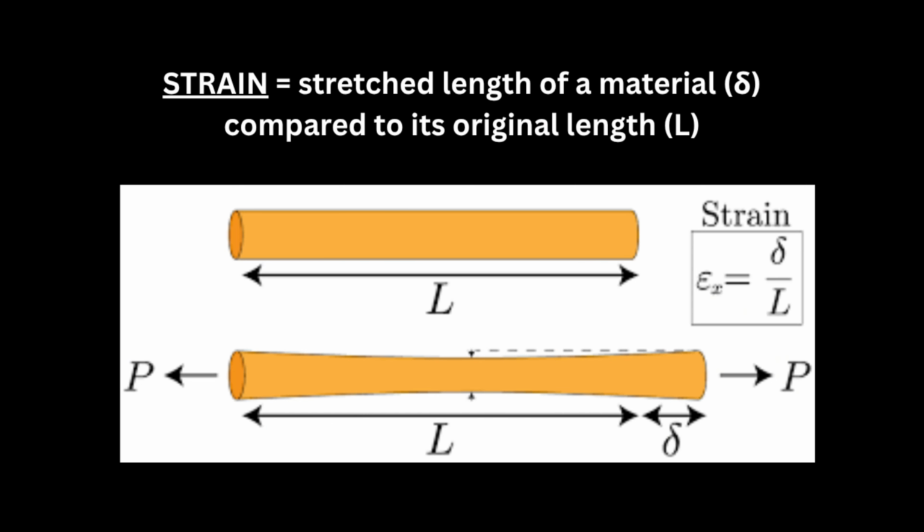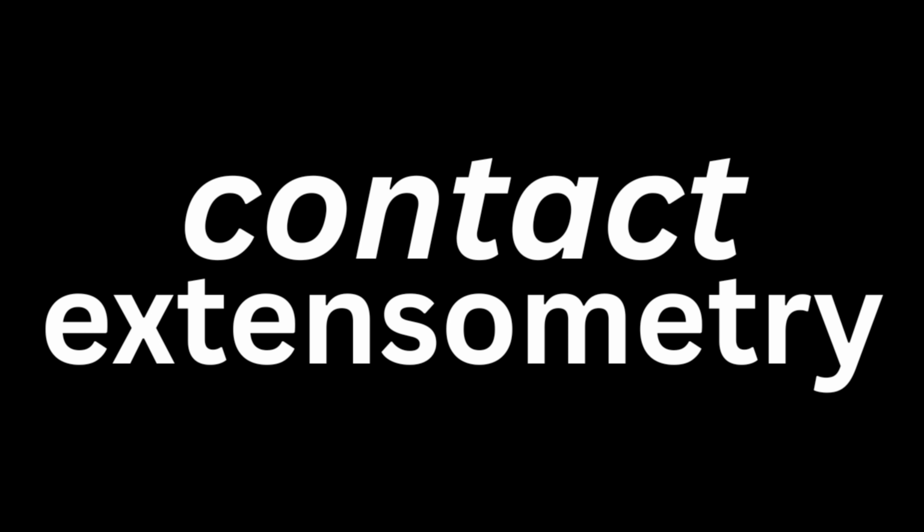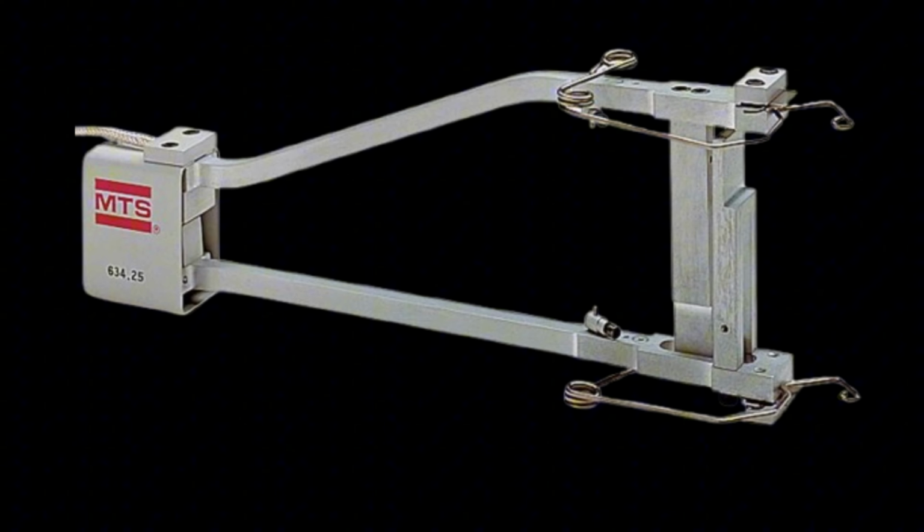Strain measurement lets us quantify how strong a material is, how it stretches with an applied load compared to its original length, and this measurable data is what lets us predict how something will perform in the earlier design stages to keep people safe when we use that material in the real world. Strain is measured using an extensometer, whether it's the contact extensometer like I've shown in a lot of shorts on my channel,